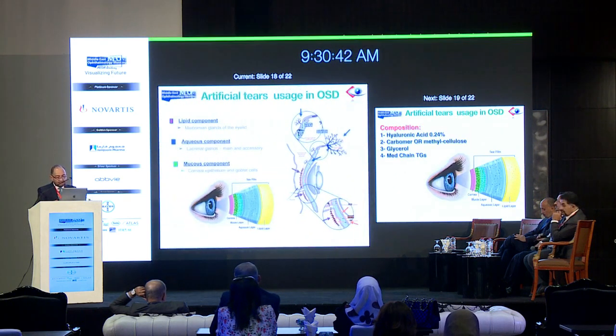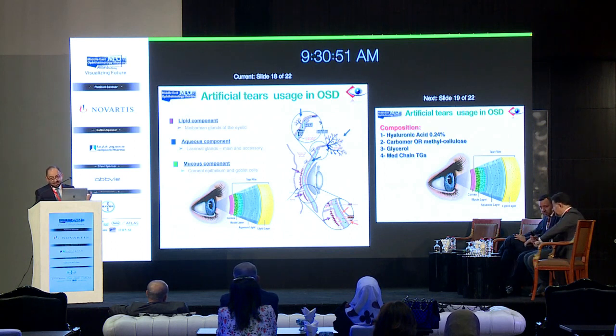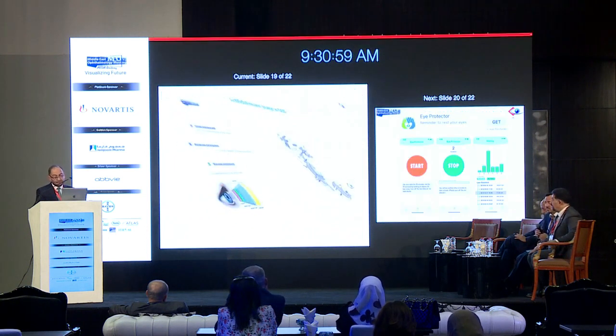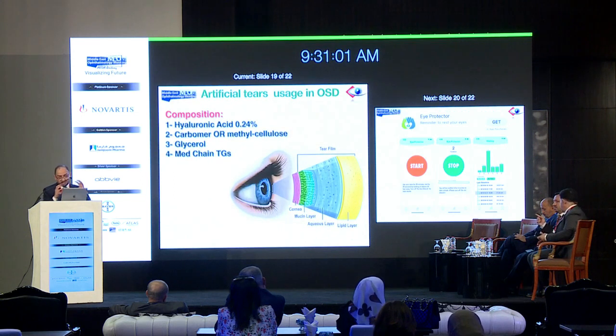Now, as I said, the tear film is very important. Our tear film content is the lipid component, the aqueous, and the mucus. When we have MGD, we have a deficiency in the lipid component, and we don't know whether the mucin is working or not. So my preference is to use a tear film supplement covering the hyaluronic acid and